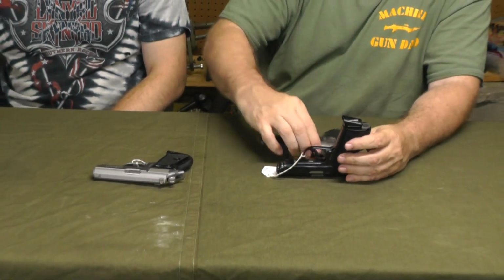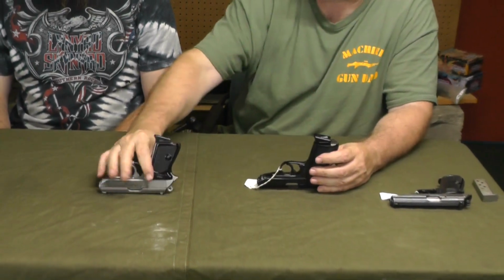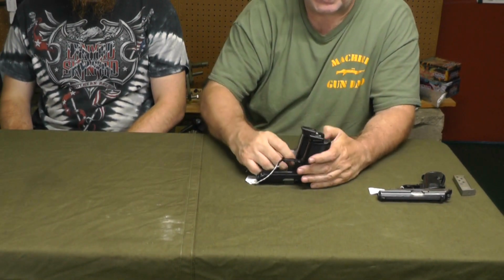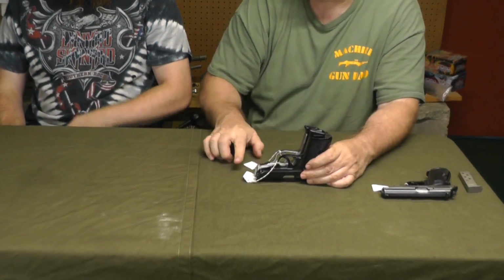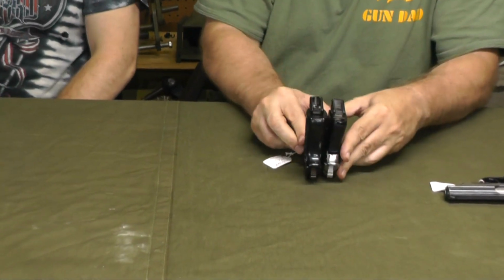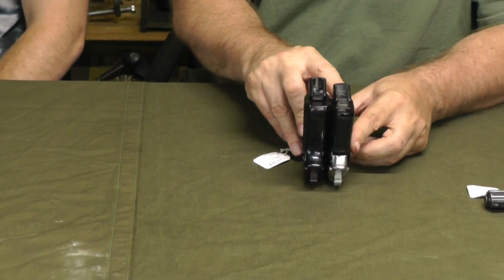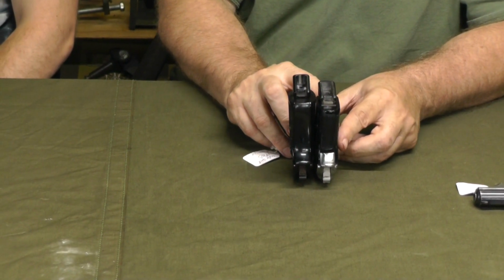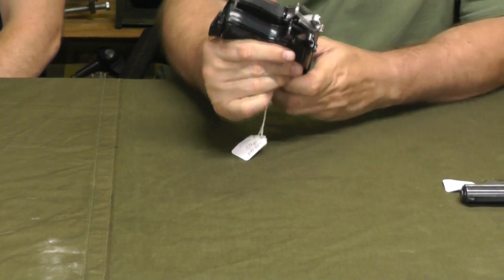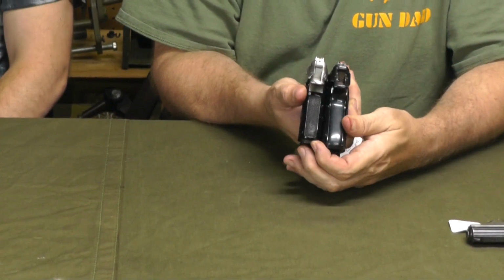Take into account original. Here's your little one, and here's your smallest one. The barrels are the same. The frames are different. The PPK has a shorter frame. In the 380, it's one round. I don't know what it is in 32. And from the back, you can see the big difference. So basically,